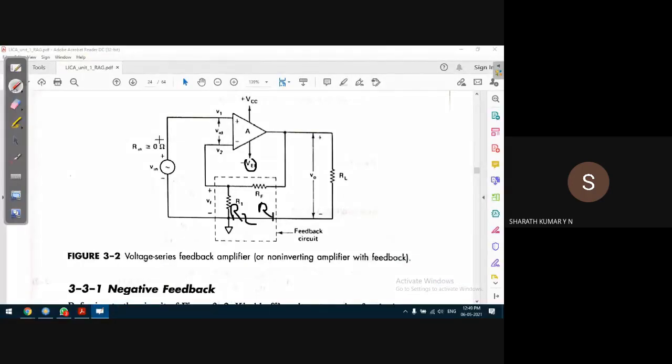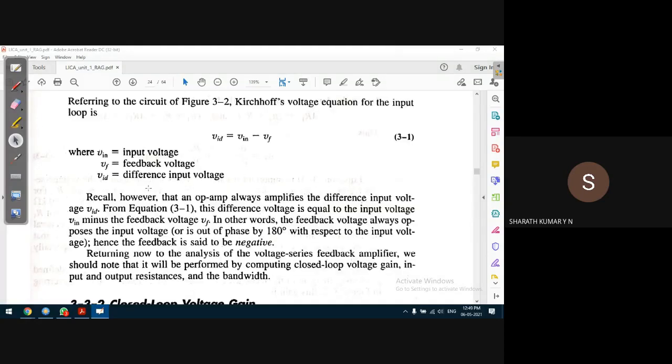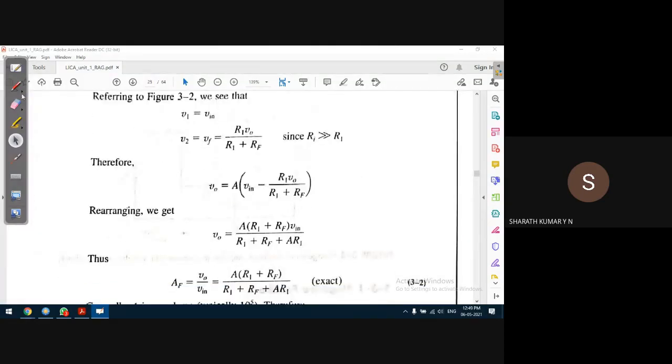If you see some textbooks, they call them RA and RB. Just a naming convention. You can use any name. What is there in the name? But we should not get confused between these two resistors. That's very important. So from this we get VF. Output voltage is gain into the difference of these two voltages, that is V1 minus V2. When we rearrange this, we can write an expression like this for V0.